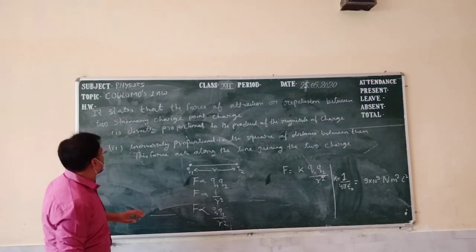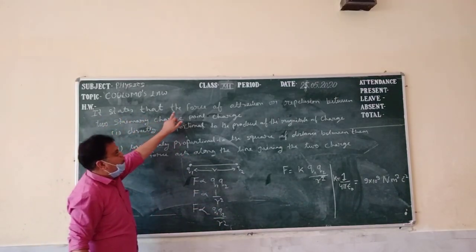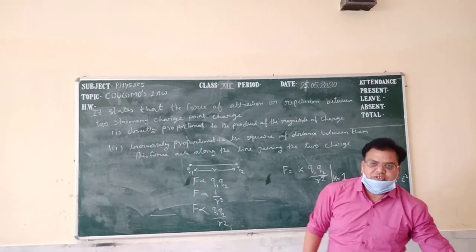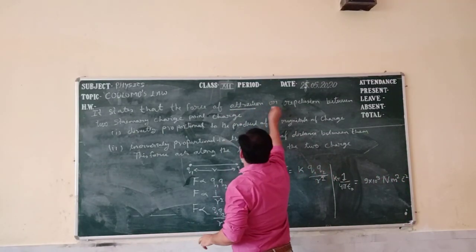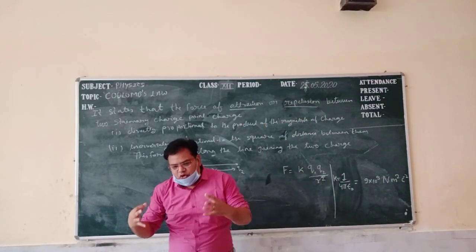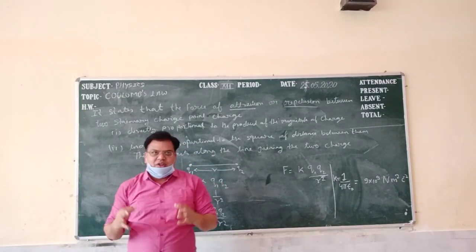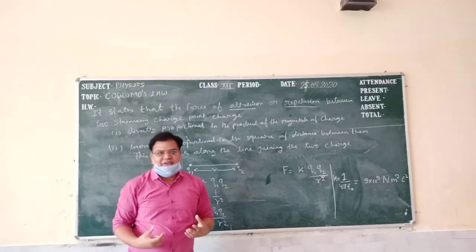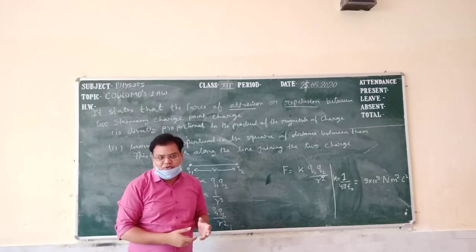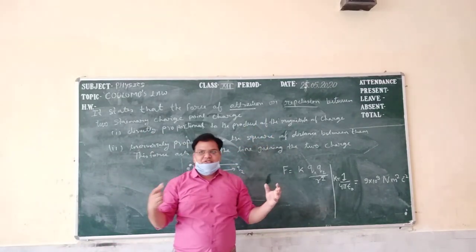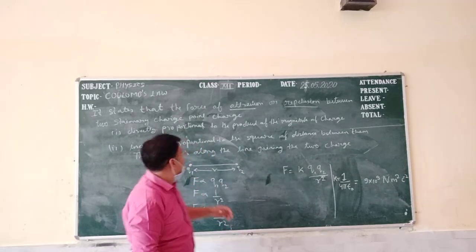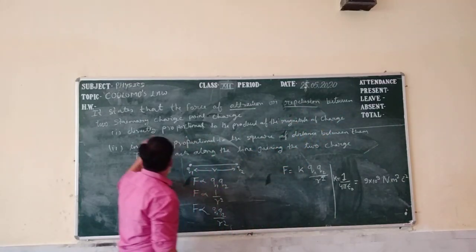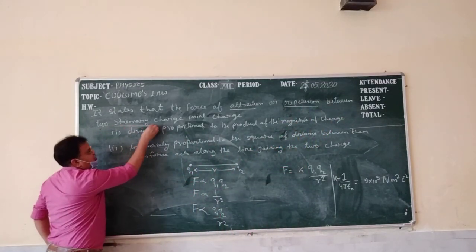Let's go. Coulomb's law states that the force of attraction or repulsion. Mind it, it may be a force of attraction or it may be a repulsion. The force of attraction comes into play when the charges have opposite signs, first plus Q charge and another one minus Q charge, and repulsion when both the charges are like charges. It states that the force of attraction or repulsion between two stationary charges,